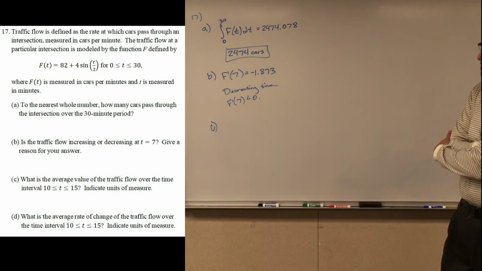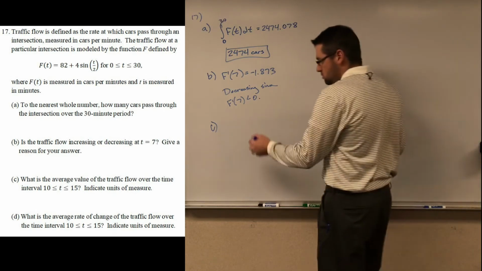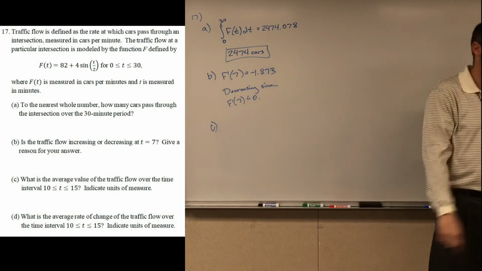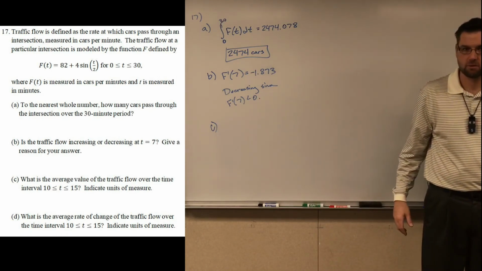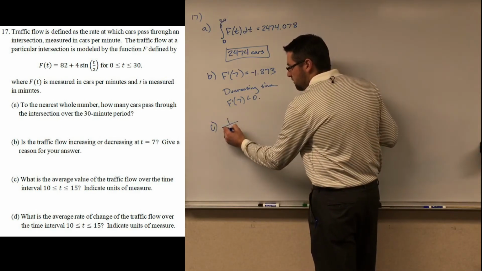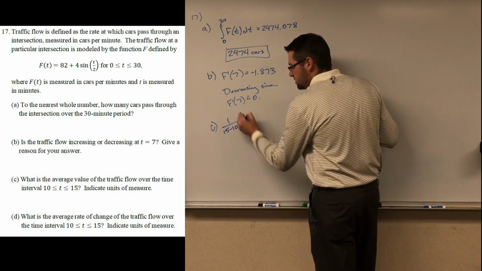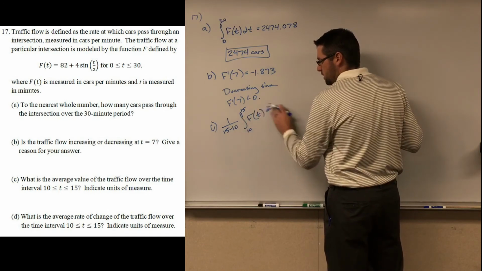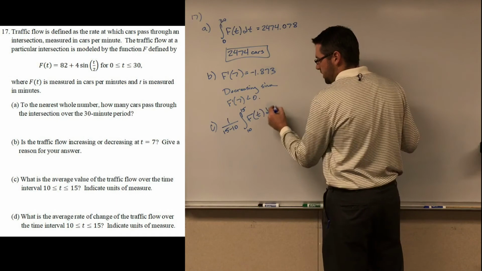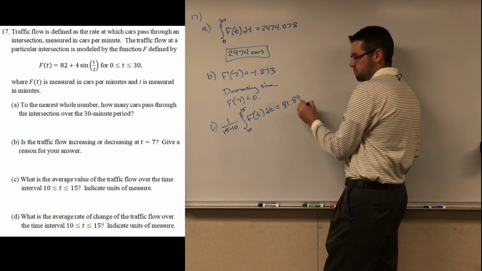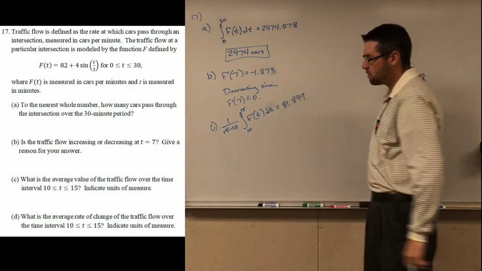What is the average value of traffic flow? Okay, but what's the integrand going to be? The average value of traffic flow. So, what's traffic flow? F. Okay, so it'll be 1 over 15 minus 10, integral from 10 to 15 of f of t dt. All right, so what do we get for that? 8, 9, 9, 9. Okay, so